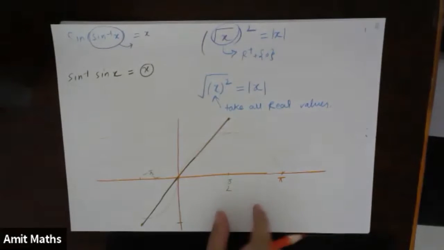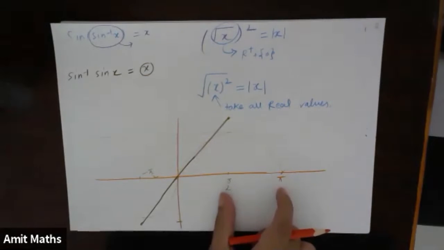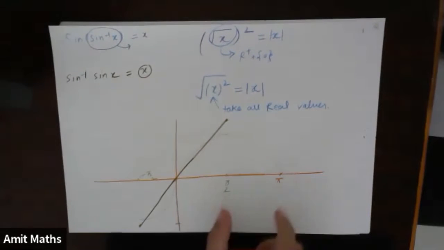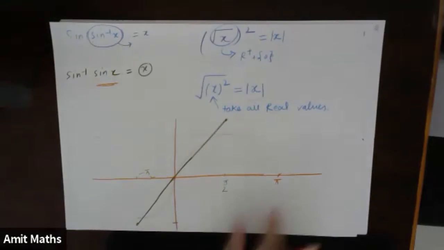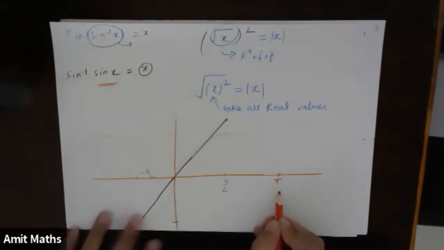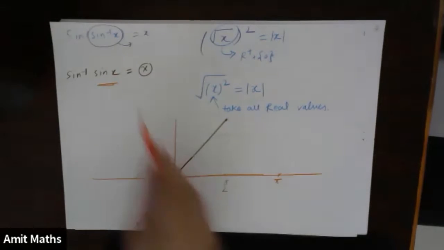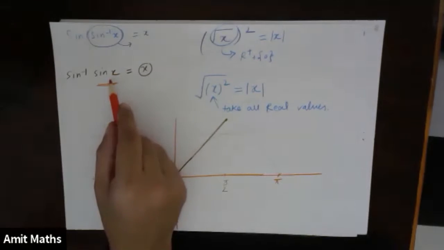Right. Now suppose I start taking values greater than pi by 2, values between this domain. Think about it. Can I keep these values in sine of x? Yes or no? Suppose 3 pi by 2, can sine x take value 3 pi by 2? Yes, it can take, right? Sine x can take any value. Now again think about it. If I keep sine x as pi, sine pi will give you 0, right? And sine inverse of 0 will again give you 0.